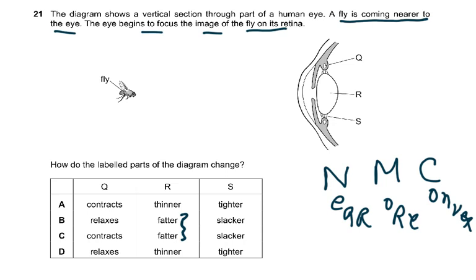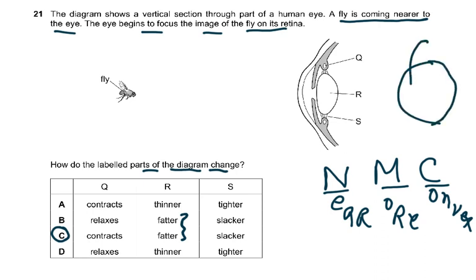Just remember this. Just memorize this. Nadia more crazy or Numan more crazy. Anybody's name with N. How do the labeled parts of the diagram change? So if you remember this it is very easy, you can see it is C. Because Q is the ciliary muscle that will contract and the suspensory ligaments will slacken, so the lens will become thicker.